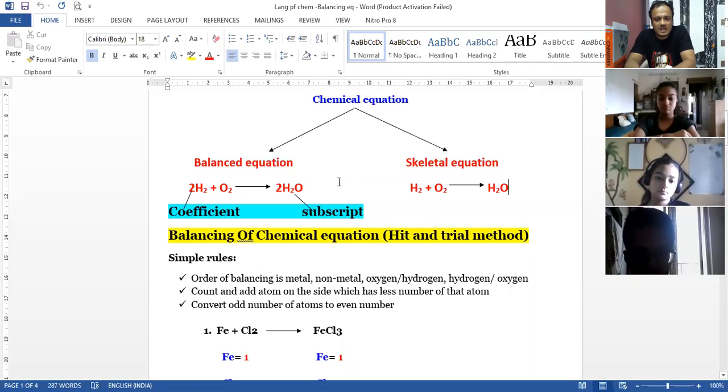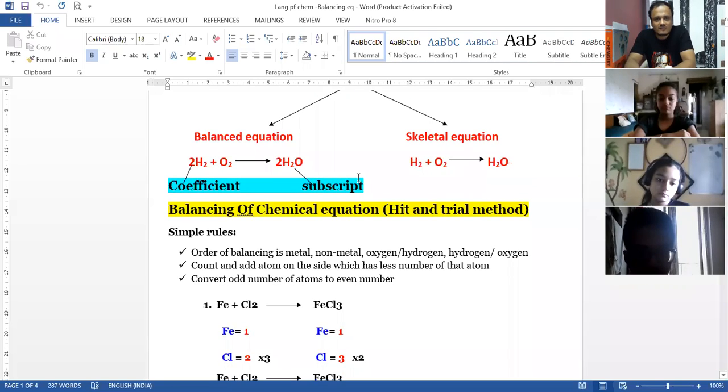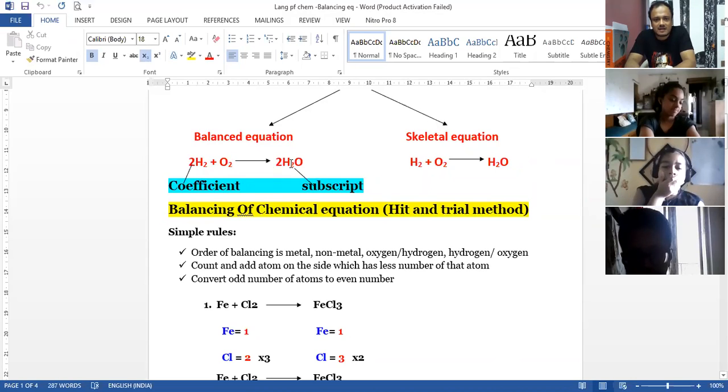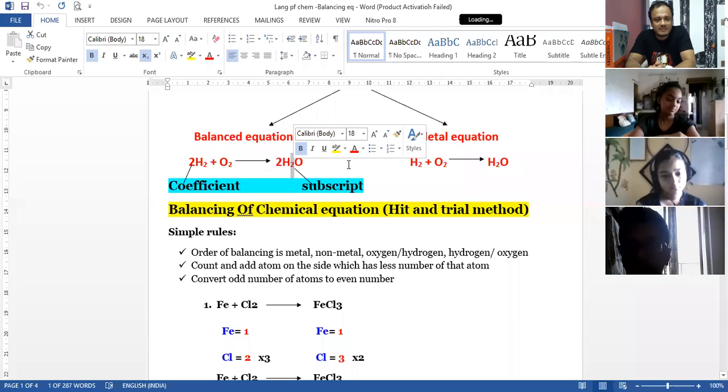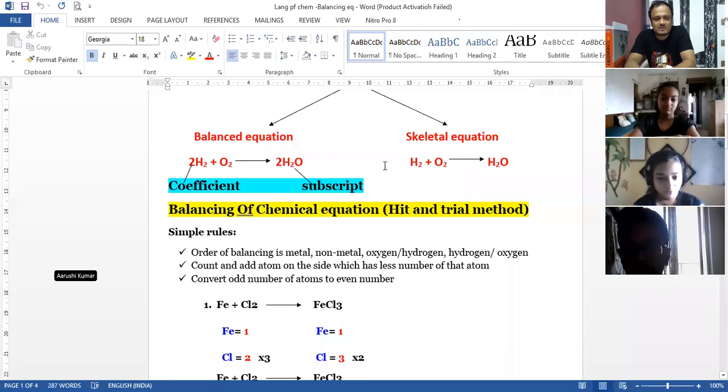When we balance the number of atoms on both sides of the equation, that equation is called a balanced equation. Now in balancing, we have observed that you kids have problems while balancing: you tend to put numbers below the elements like this over here. So that is a point for highlighting what a coefficient and a subscript are. A coefficient is the number put in front of the formula, and a subscript is the number written below the element, the number of atoms you see when writing the formula of a substance.